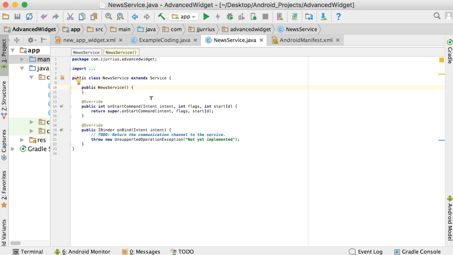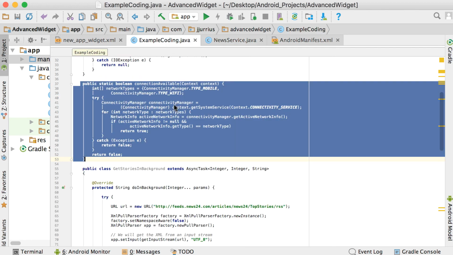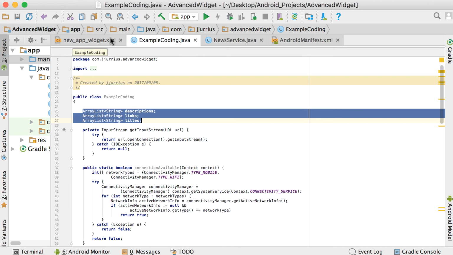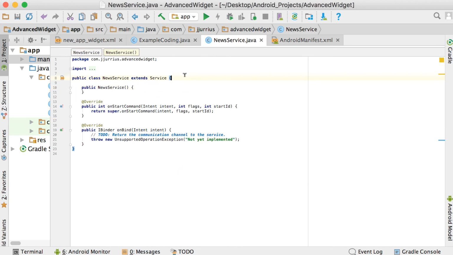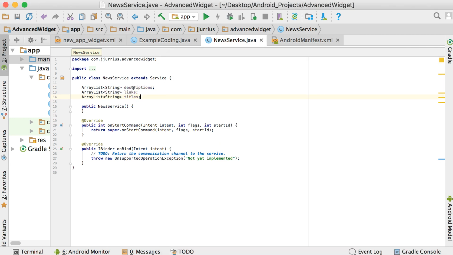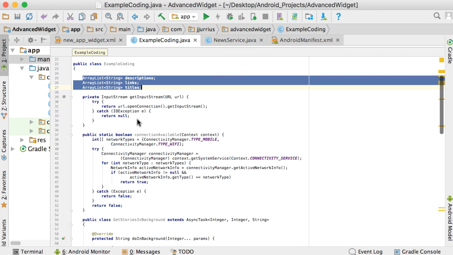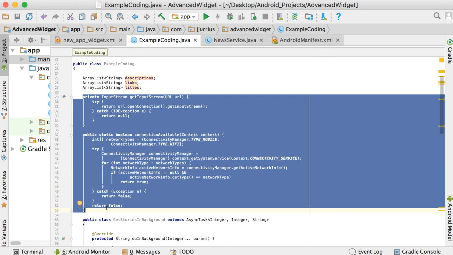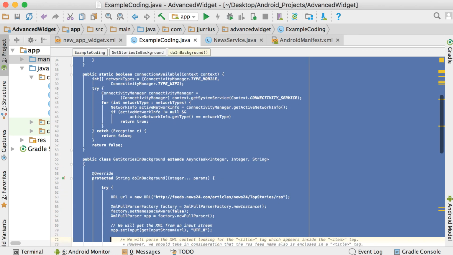So in the service class now, we want to read data from the RSS feed. There's a few things that I'm going to copy from this example coding, and the first things are these array lists. I want to have those array lists declared at the top. You can just type them or copy and paste them. So we're going to have the descriptions, the links, and the titles declared in the news service. And then I want to have this method, very important, as well as that method, very important. And also this whole